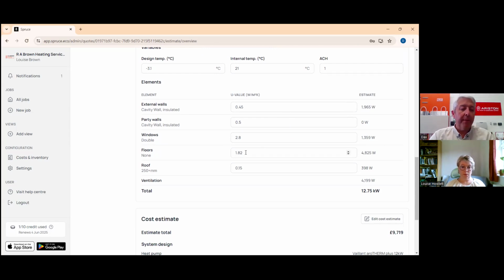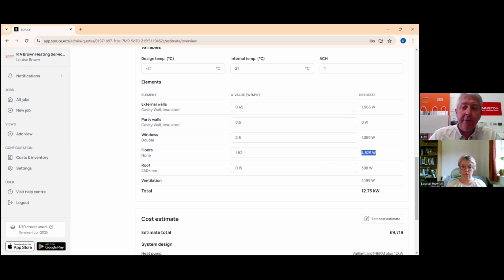Now, one of the things I've been talking to the customer about is, do you have radiators in there? How many radiators do you have? If we know that there's radiators that need to be changed, we'll have to upgrade and change those accordingly. But with underfloor heating, I know that you'll have good insulation levels in there, and the U values might not mean a lot to the general customer, and most people wouldn't have a clue what a U value is. However, we know that if you've got underfloor heating,